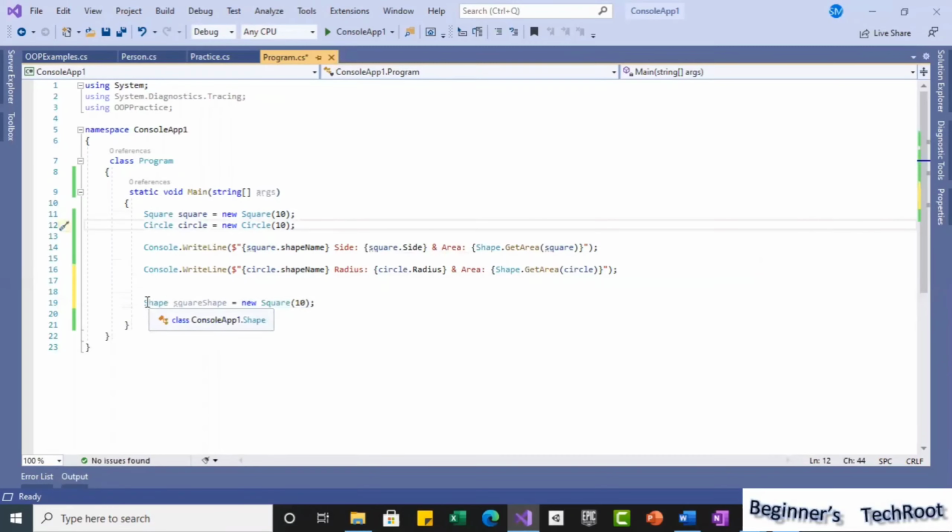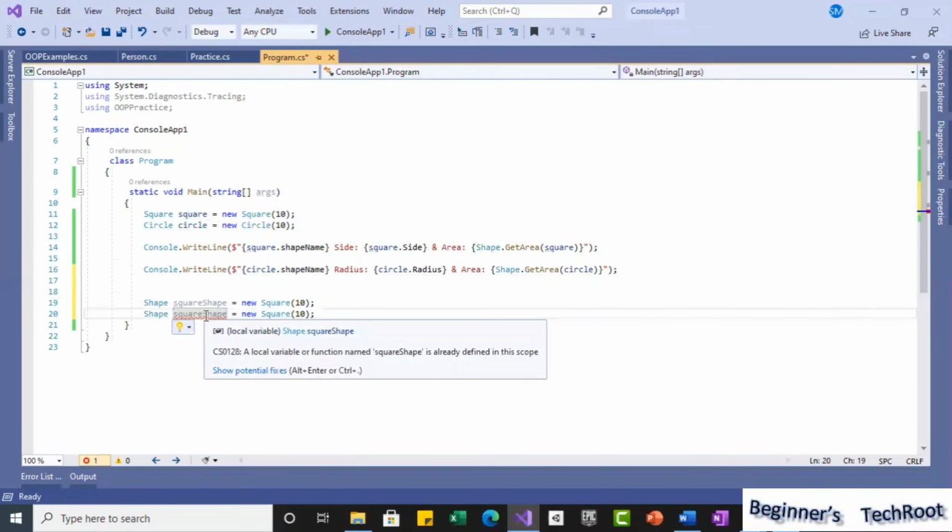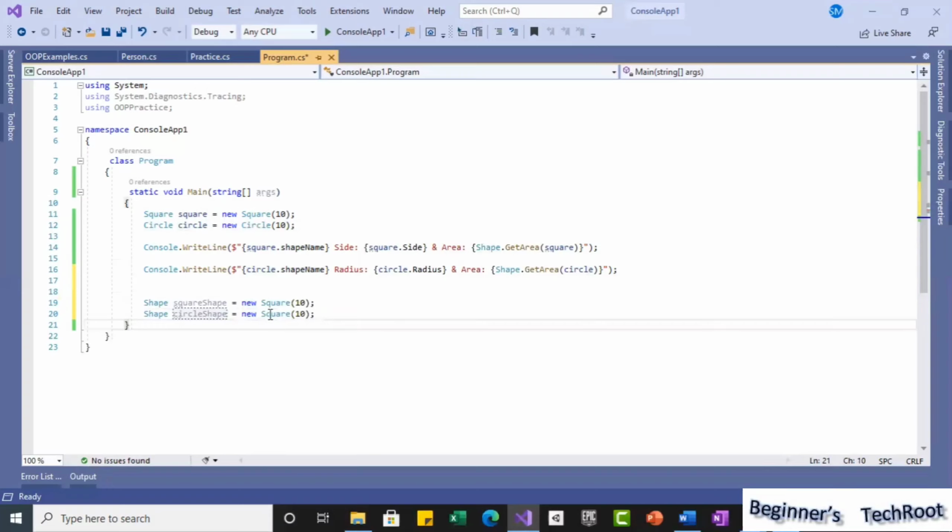Similarly, one more shape, circle shape, where I will use a circle.